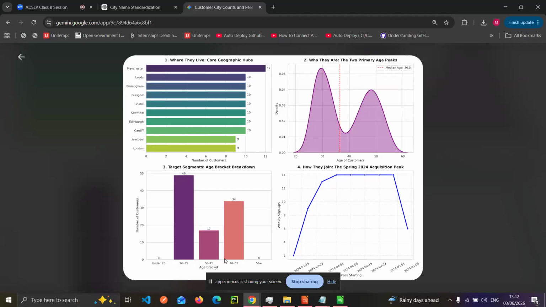So if we are to increase sales or maybe retain the majority of the customers, the marketing team will tend to target this specific age group, followed by 46 to 55, and then 36 to 45. Now, how they join: the spring 2024 acquisition peak. From what we've seen, from the month of March till the month of April, there's a peak.